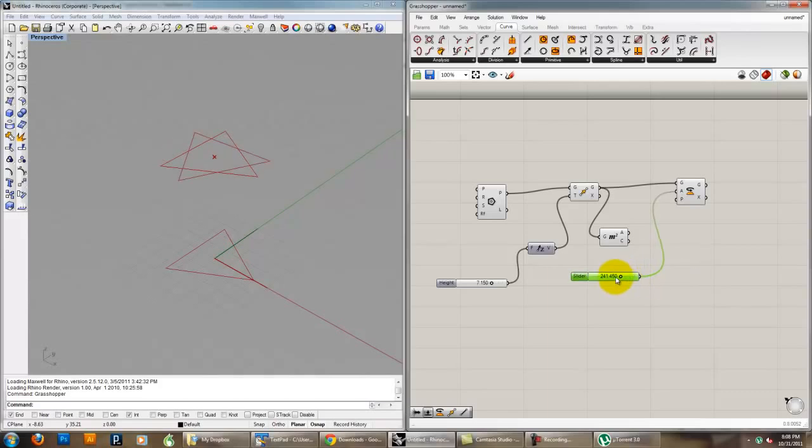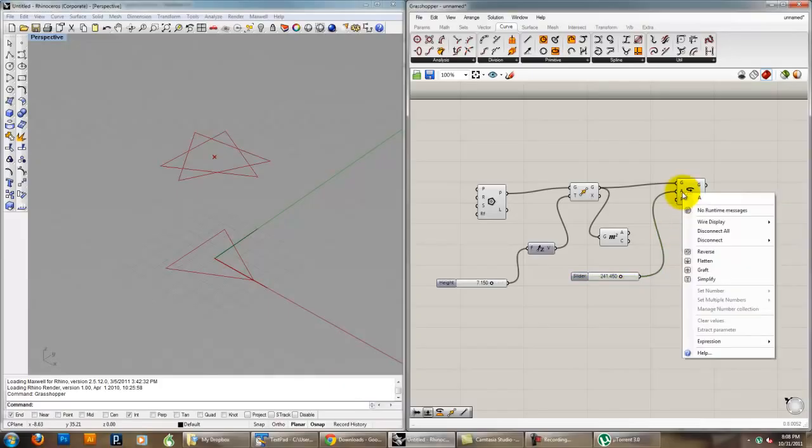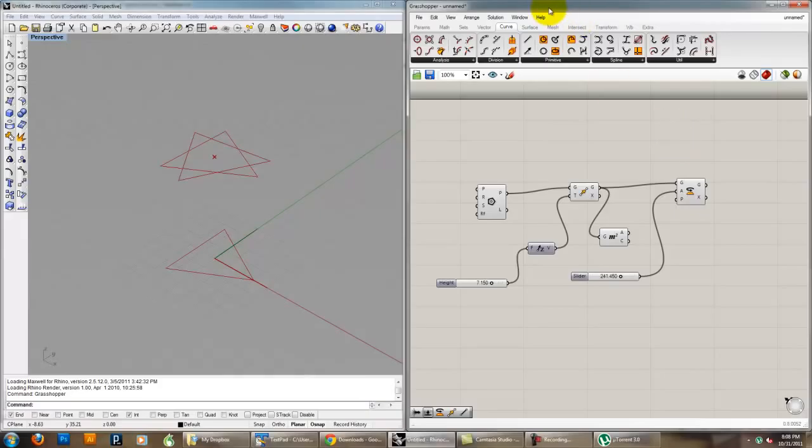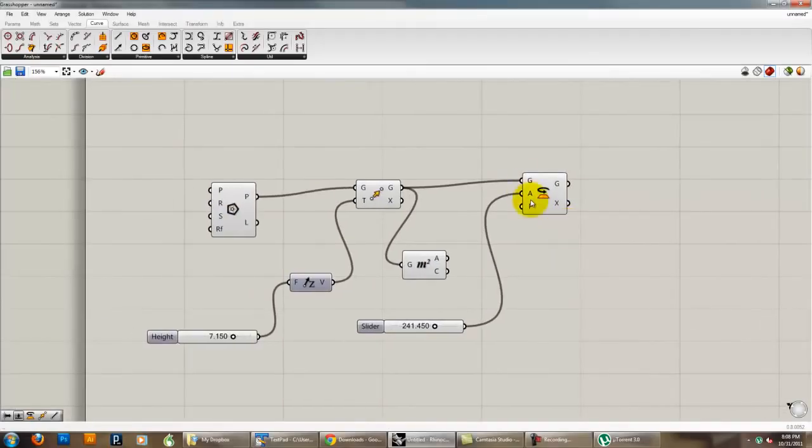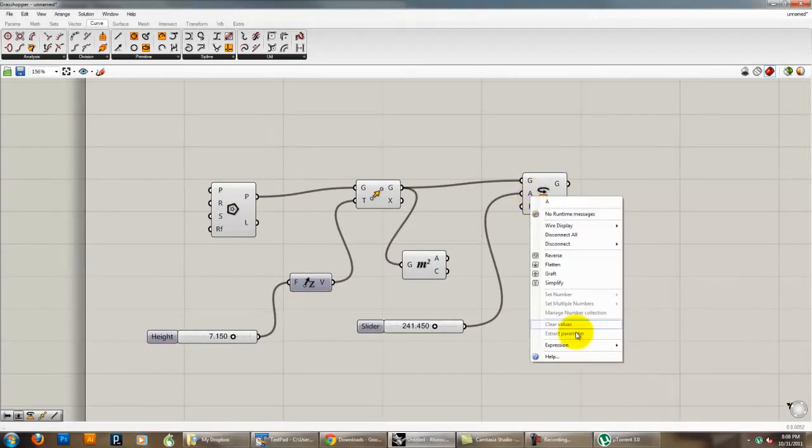What's the problem with that? Well, the problem is that it wants the angle in radians. So what do we do about that? We can go into angle, and this is very similar to processing. We actually had to do this in processing, if you remember, because it also wanted rotation in radians. So if I go in, I can go to expression,